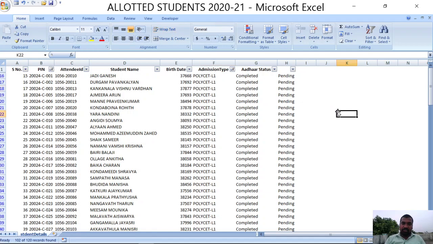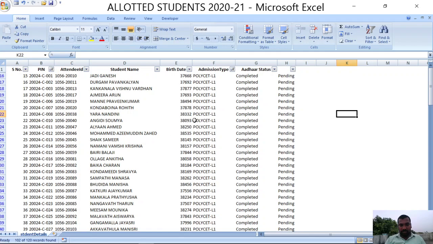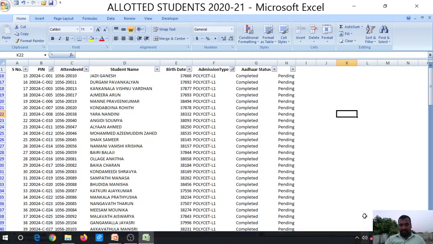Okay, out of 120 students, only 106 students have pin numbers, right? 14 students won't have any pin numbers. So they are erased in the pin number filter. In the pin number filter, we removed the empty pin numbered candidates. So here 14 student records are going to be hidden. Then out of the remaining students, in L1 we have 102 and in L2 we have 4 students. Okay, so this is about filtering.